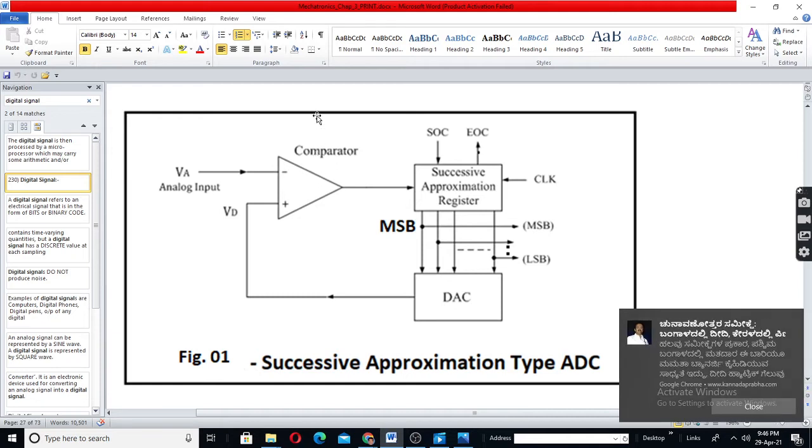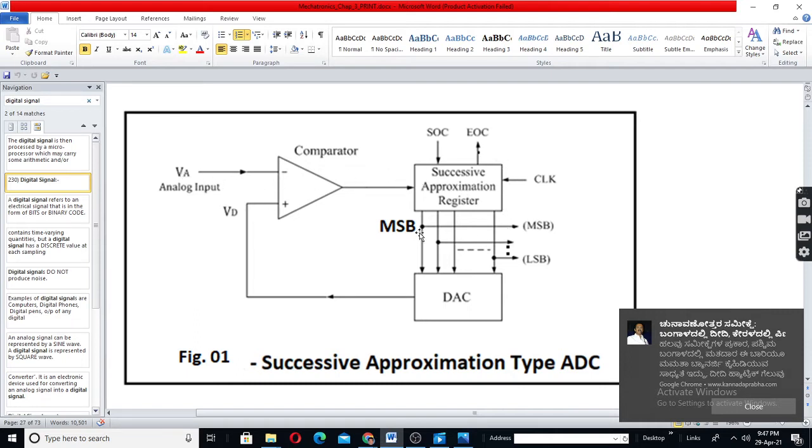Reference voltage will be given as input here to the comparator, say 16 volt to the op amp. This will be 16 and this will be ground, say pin number 7 and 4 for the op amp 741 IC.